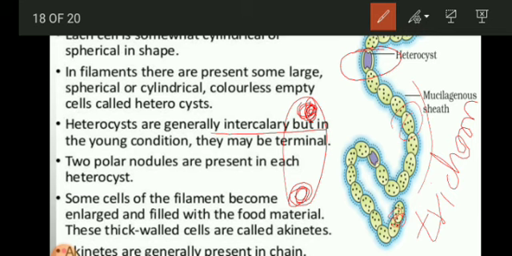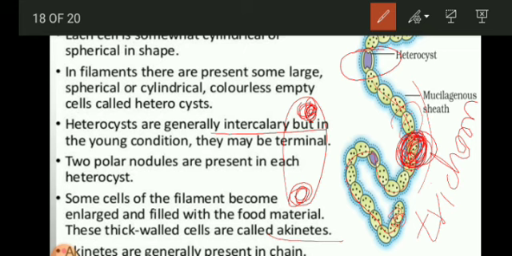And that is in cyanobacteria, and that is called akinetes. An akinete is like a big circular or rounded cell that may be present in the center or at some distances in this filament or chain, that is filled with a fluid material, and that can bear lots of extreme conditions, because it undergoes a rest condition as well as a dormant condition for a longer period of time. So that is very important for the survival of cyanobacteria.